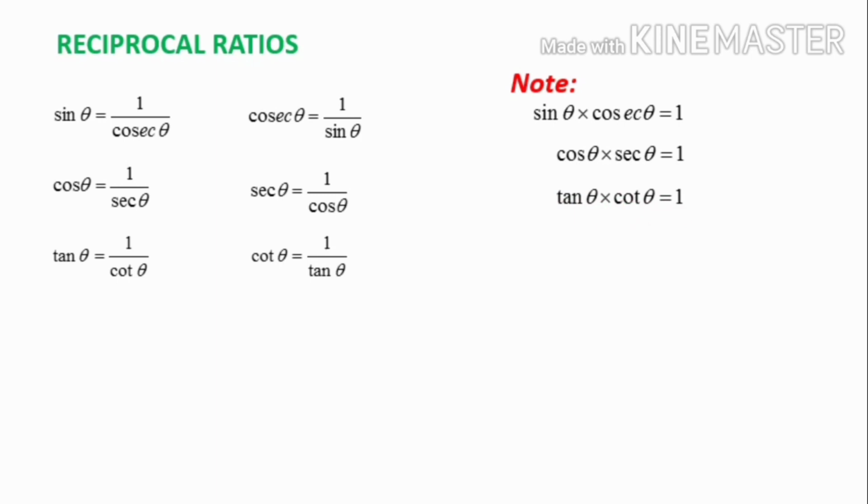There are two other formulas, that is tan theta in terms of sine and cos, that is tan theta is equal to sin theta by cos theta. Again, cot theta in terms of sine and cos, that is cos theta by sin theta. So these two formulas you have to keep in mind. Tan theta is equal to sin theta by cos theta, and cot theta is equal to cos theta by sin theta. Next we shall bring trigonometric ratios of 0, 30, 45, 60 and 90 degrees under one frame.